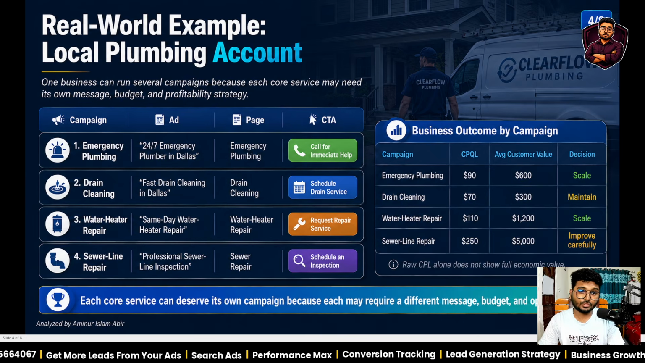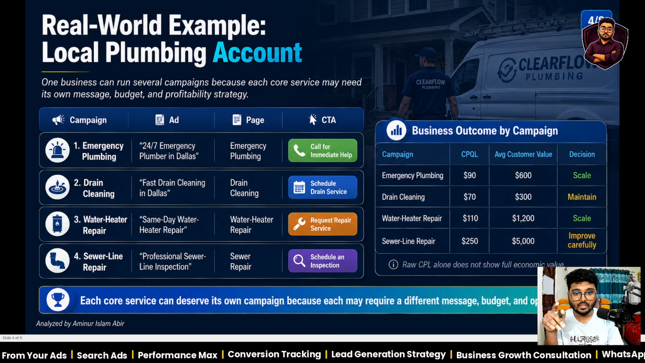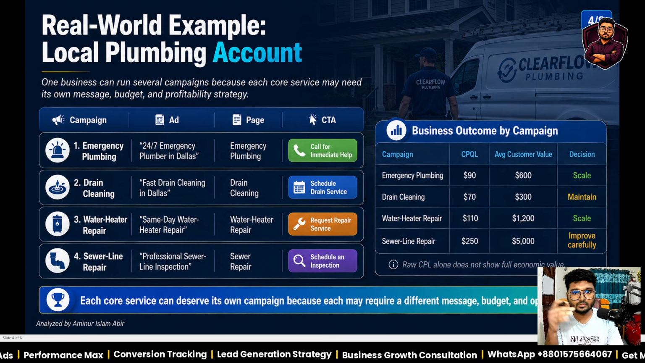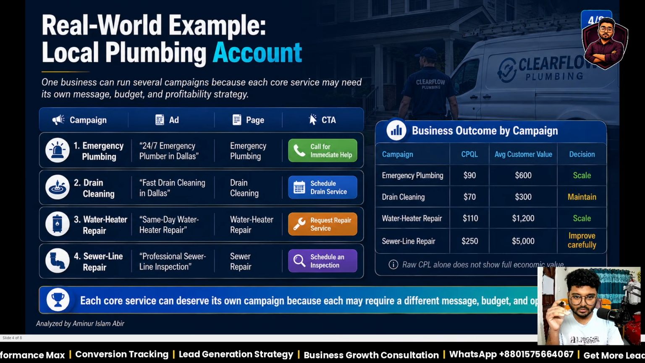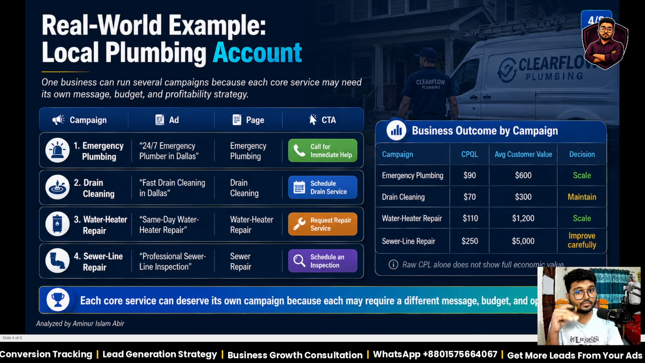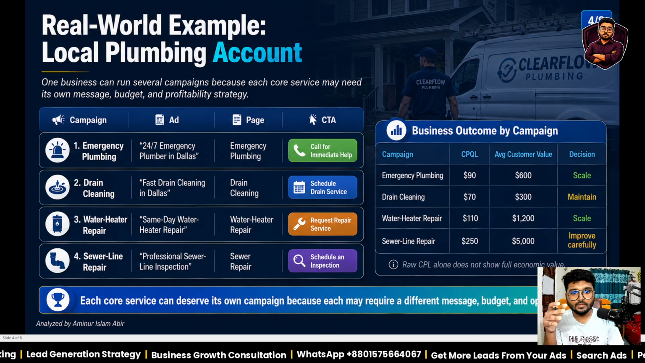Suppose the results show emergency plumbing, $90 per qualified lead with an average customer value of $600. So the decision will be to scale. Drain cleaning, $70 per qualified lead with a customer value of $300. The decision will be